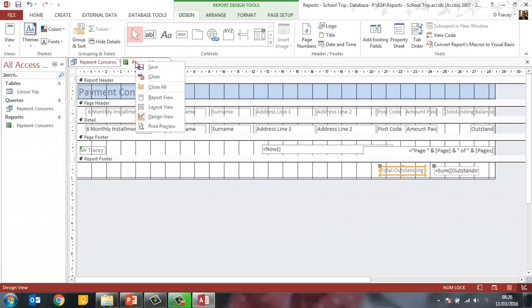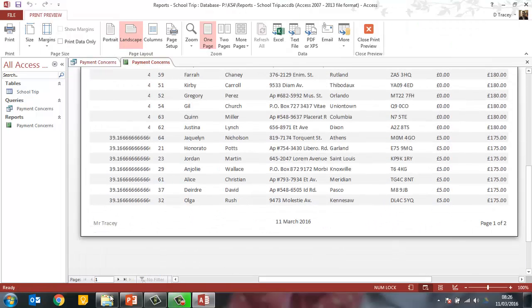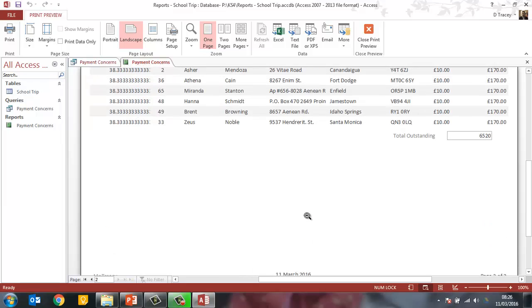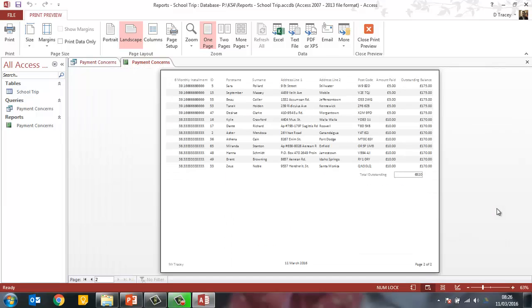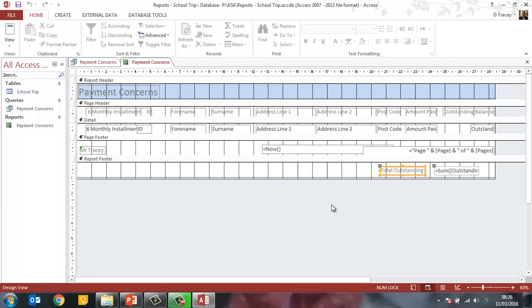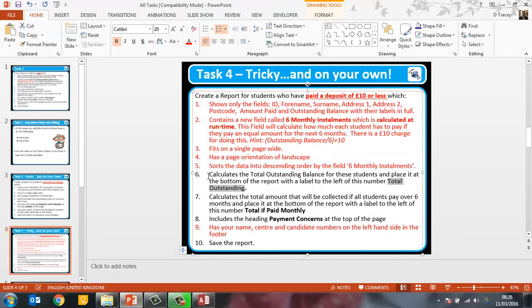So if we now right click and go to print preview, we can hopefully see that we've got a calculation at the bottom of the report. So it's on 2 pages, which is fine because it's 1 page wide, but you can see we've now got our total outstanding. I'm going to move it right slightly so it goes underneath this column here. So in design view, just going to bring this across so that it goes underneath. So we've now done this one, and we've also got